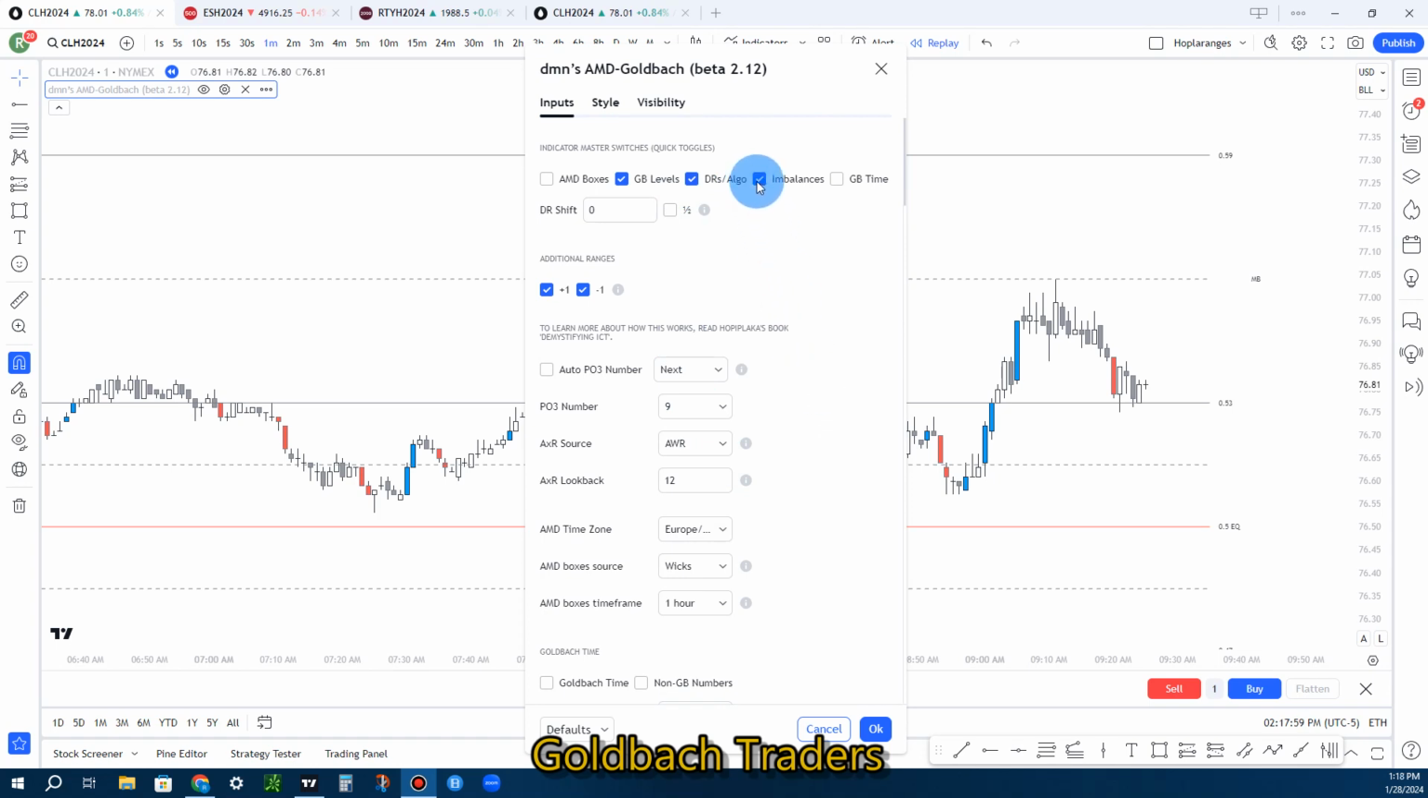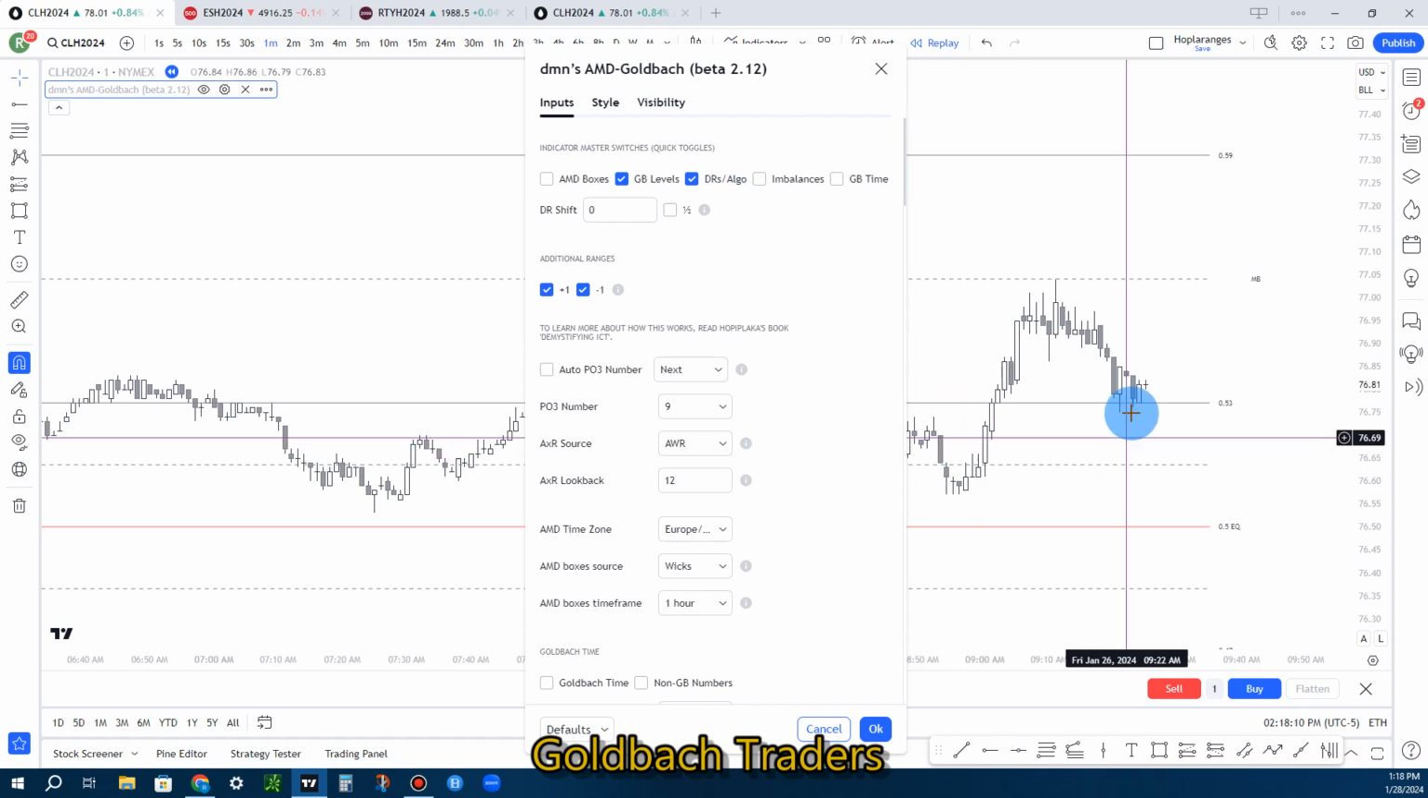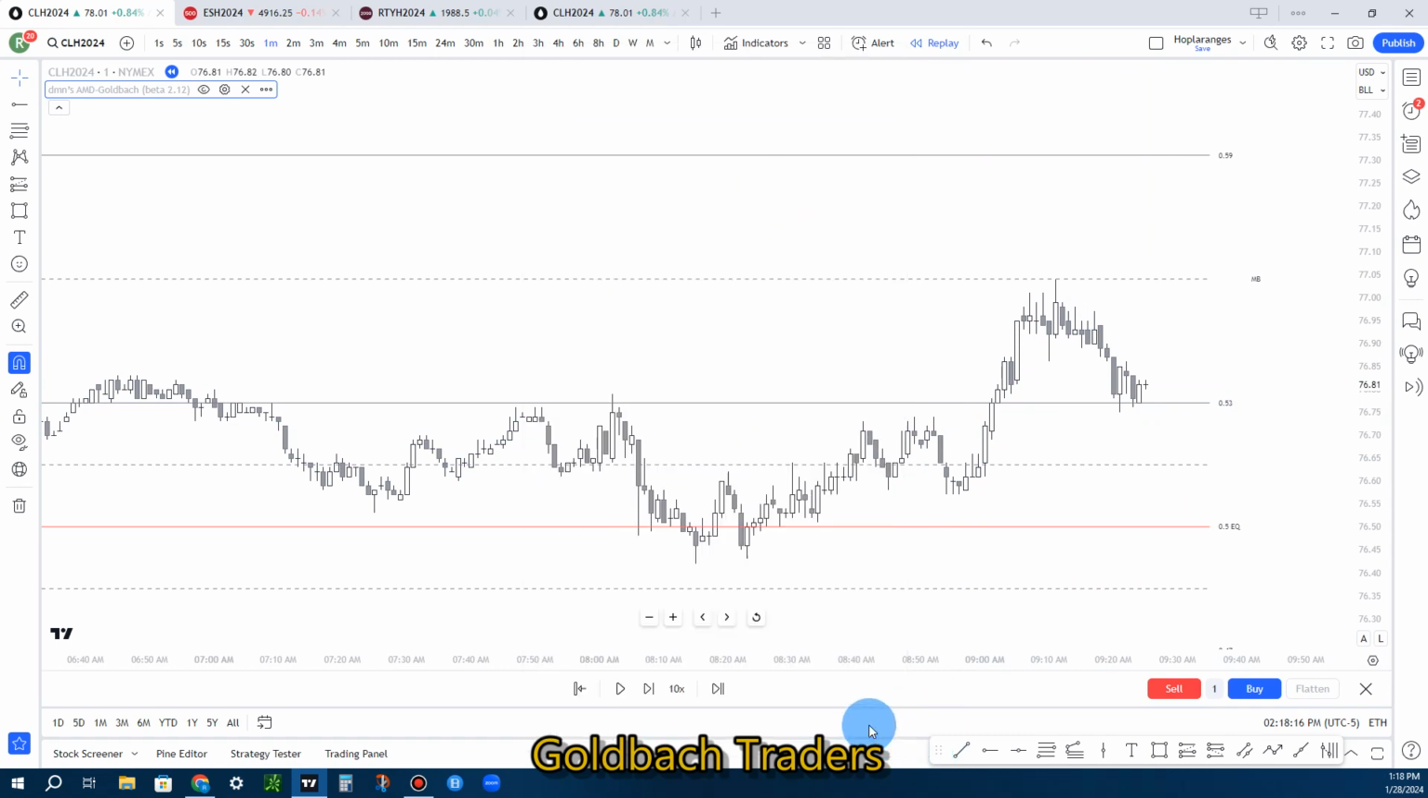If I take that off and deselect imbalances, you'll see that it goes away. Either my computer's running slow today or the indicator is, but you can see the candle colors went away. So I'll put it back on, and it'll pop on here in just a minute. Let's keep going. All right, I'm going to start the market replay,